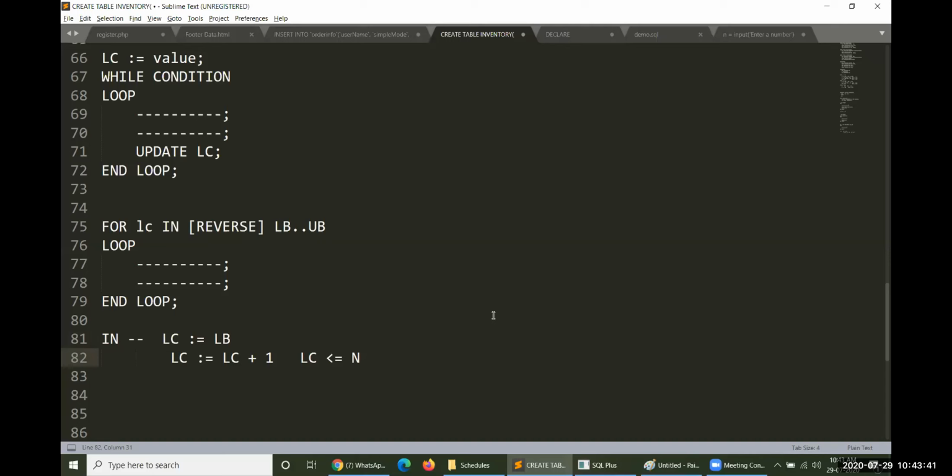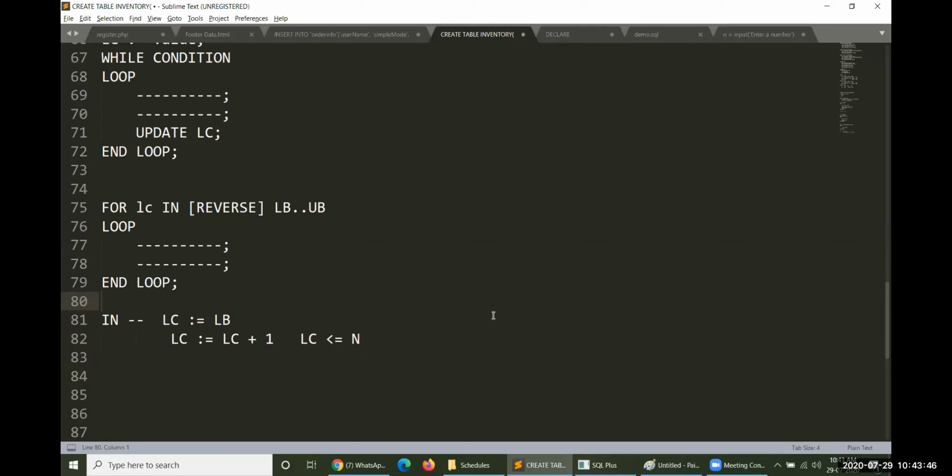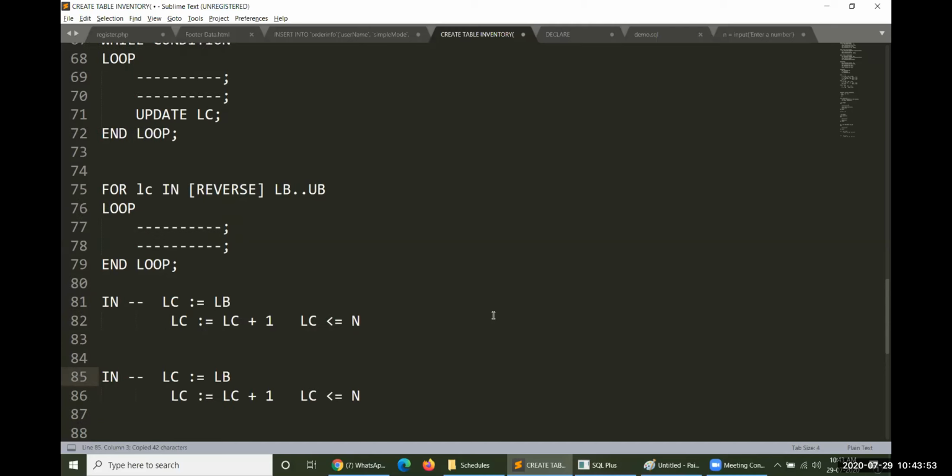These two will be checked if IN. Same procedure, if in reverse, what exactly could be done? If reverse is there, then the loop controller will be assigned the upper bound, and the loop controller